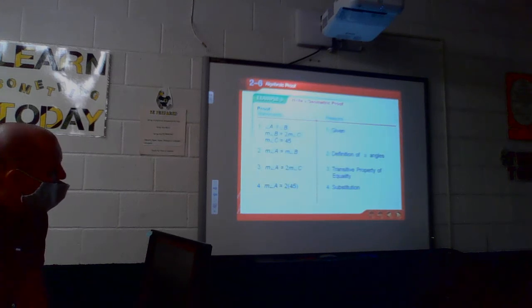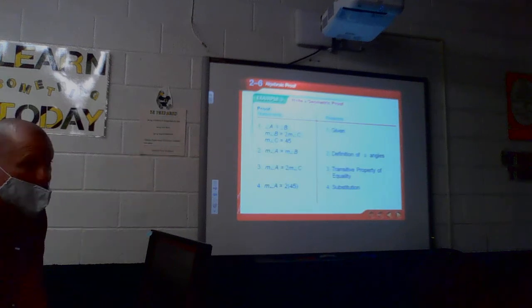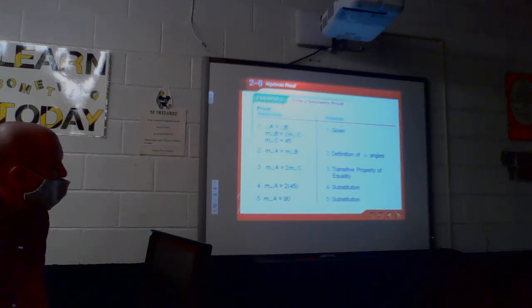Right? Measure of angle B, measure of angle B, so we end up with A is equal to 2MC. And then we know that angle C is 45, so we can multiply that by 2, as I think Dave said earlier. And then if we get that, we get the measure of angle A is equal to 90